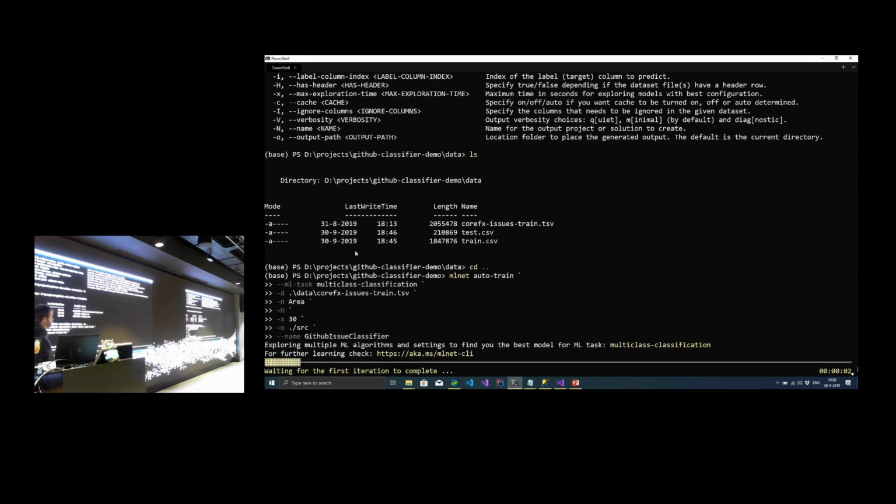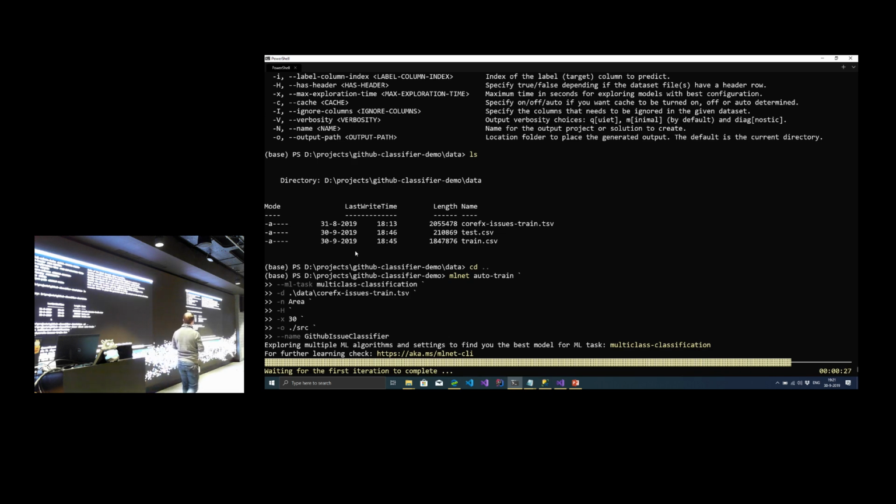So what will happen now is it starts to search for a model, and it will print out over here. That's about it, what you get. You will get a log file that explains a lot more about what's happening. Once this is done, I get a C# project that has 2 parts, actually. It has a model and a console application that demonstrates how to use the model, which is pretty cool, I think.